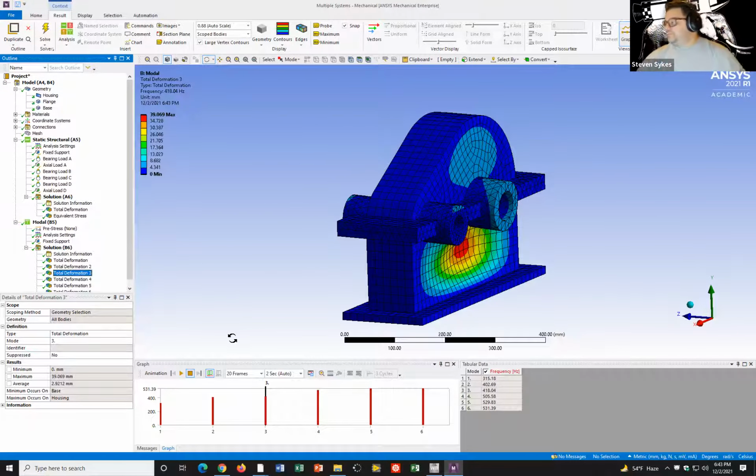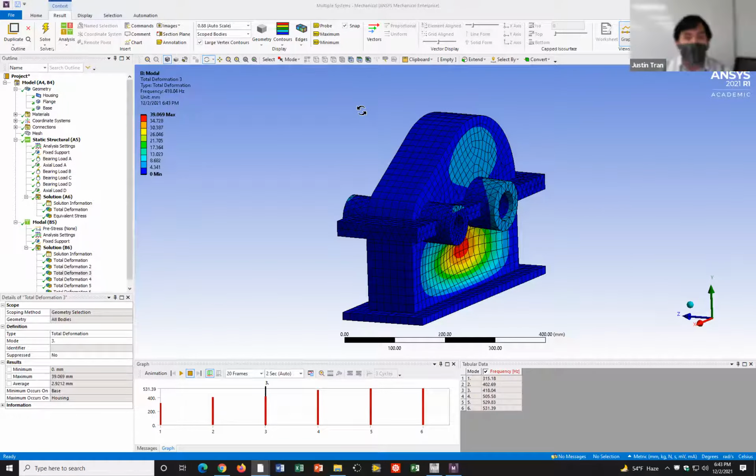Yes, only for problem 2. For problems 3, 4, and 5, you can do it without pre-stress. Pre-stress is only for problem 2. So 3, 4, and 5, no pre-stress at all. But every time we do it, we have to make sure that we suppress the fixed support for the modal, correct? Yes, yes.